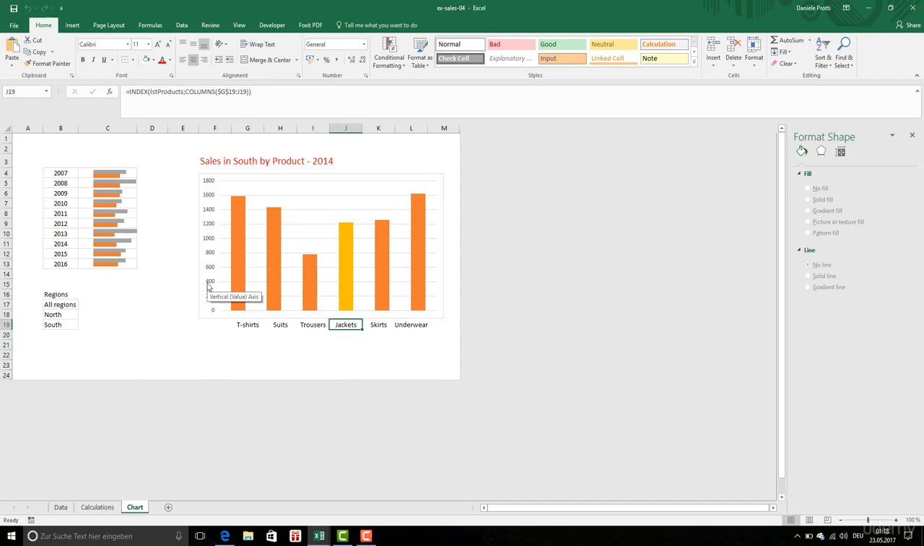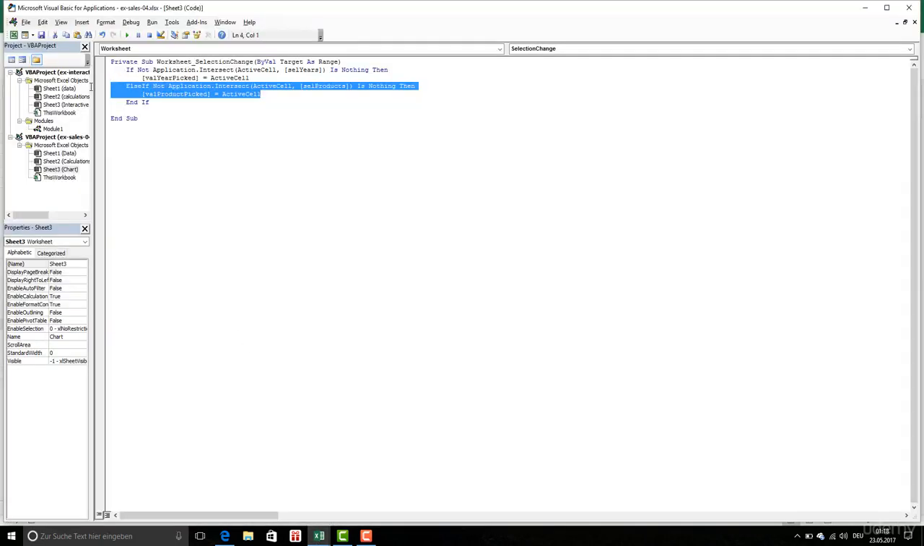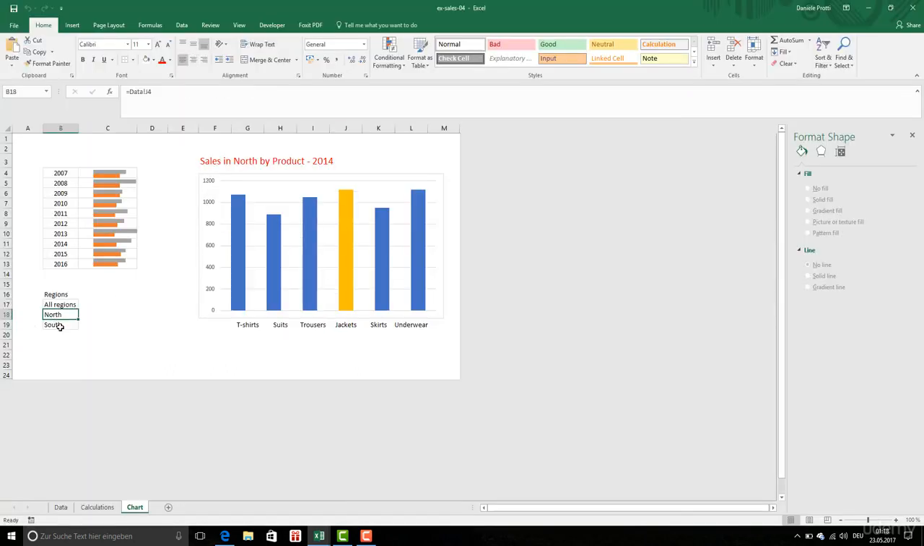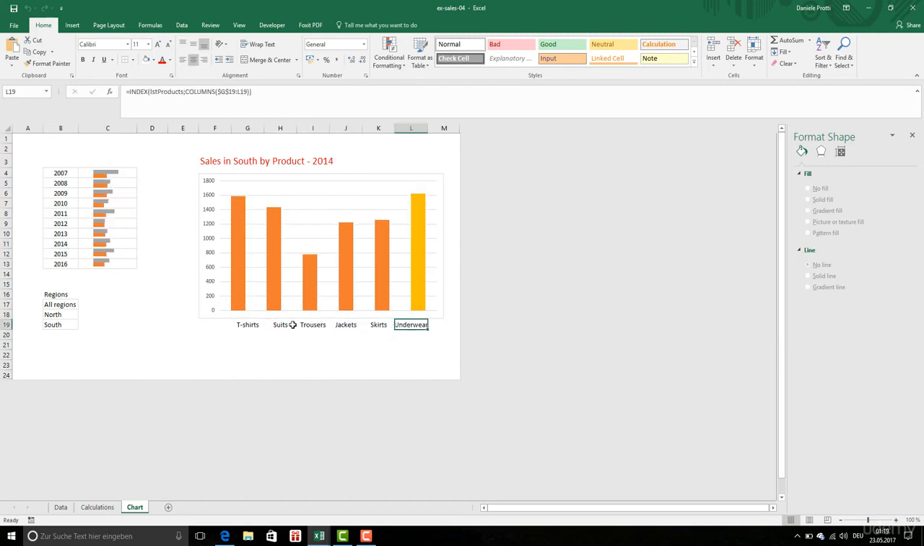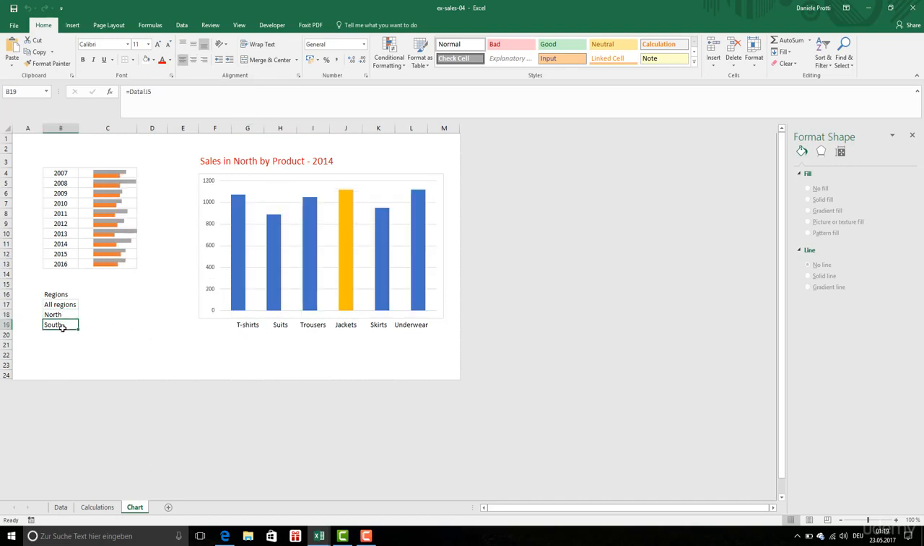Now I'm going to do the same for the region. I copy this to the simple Visual Basic function. I can see now the change, all regions or north or south. So I created an amazing interactive chart just with a few functions. So I'm using some